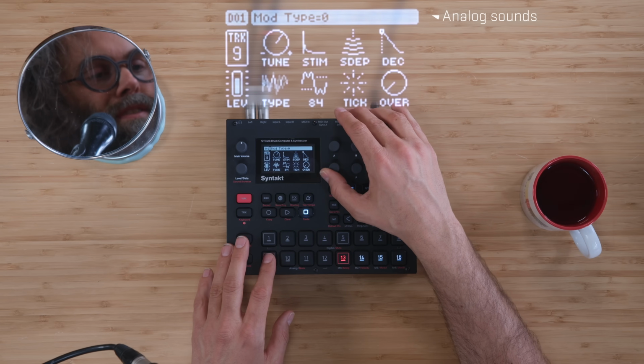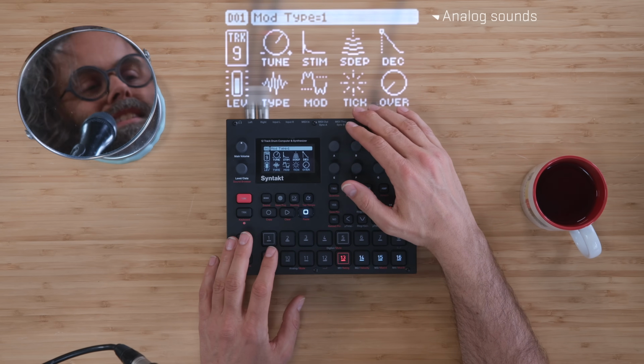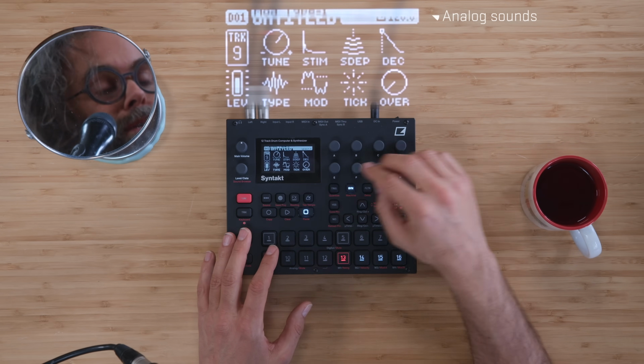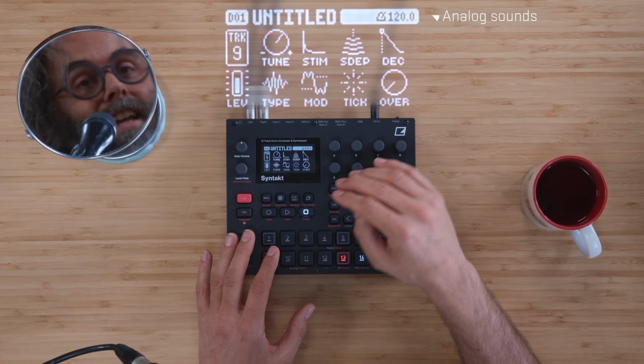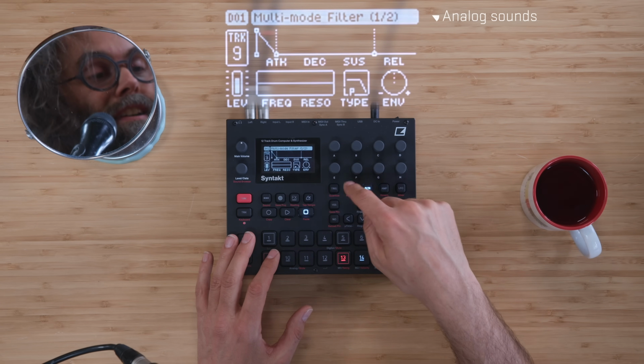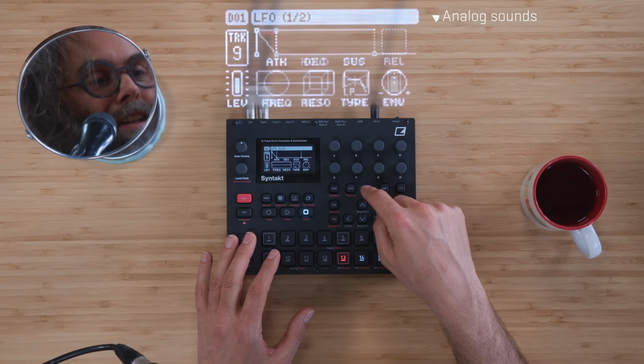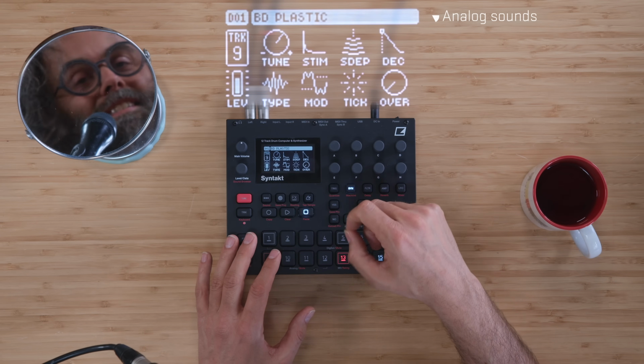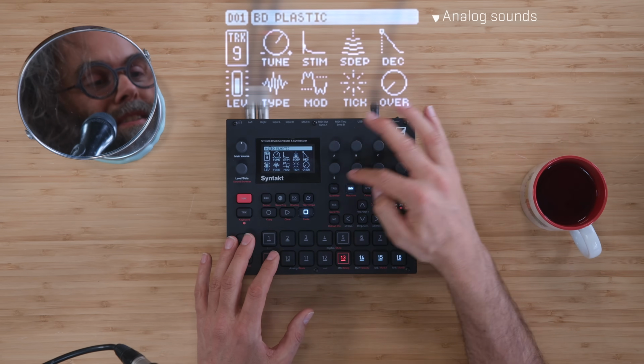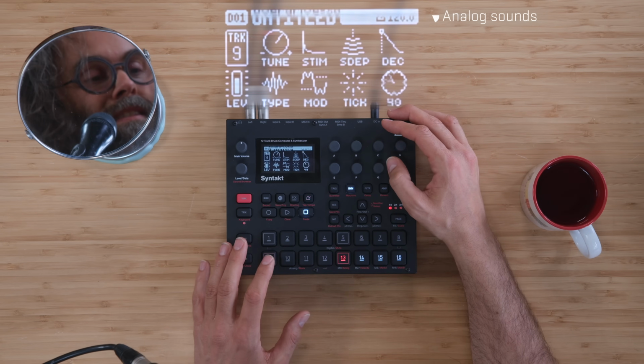One thing with the analog ones is that all of the signal chain here is analog. Like the filter is analog, the overdrive is analog, and yeah, that's about it, and the sound engine is analog. So the overdrive specifically